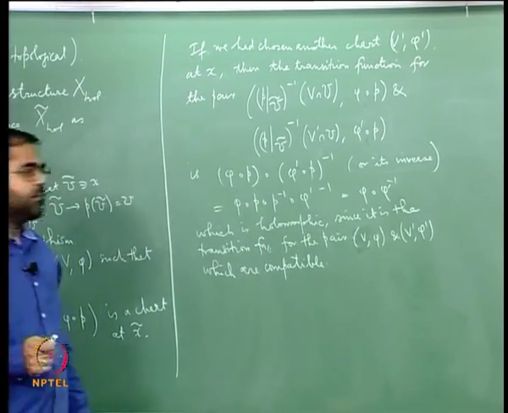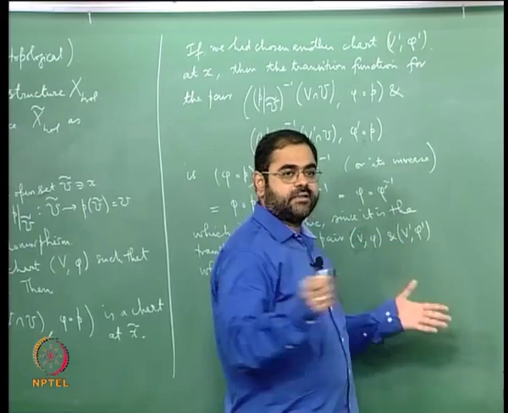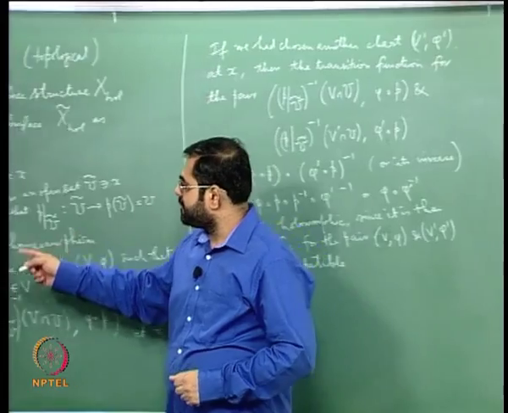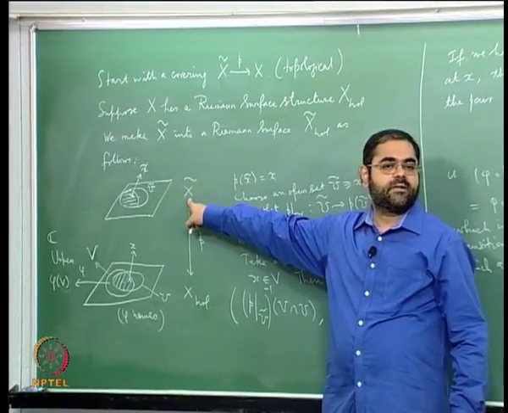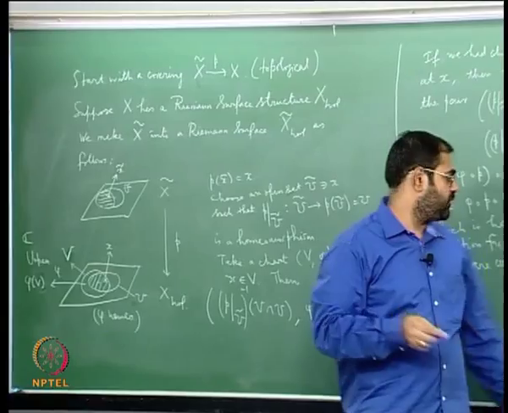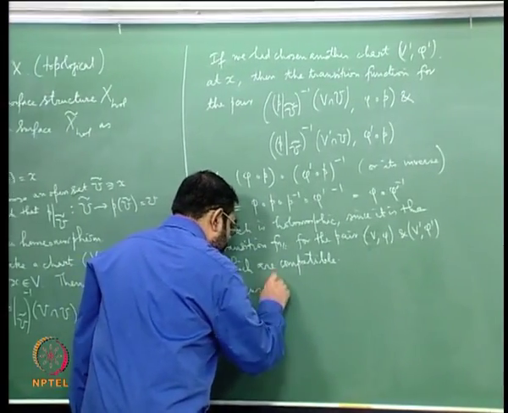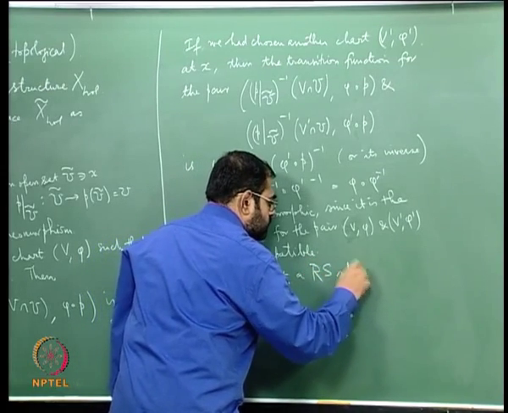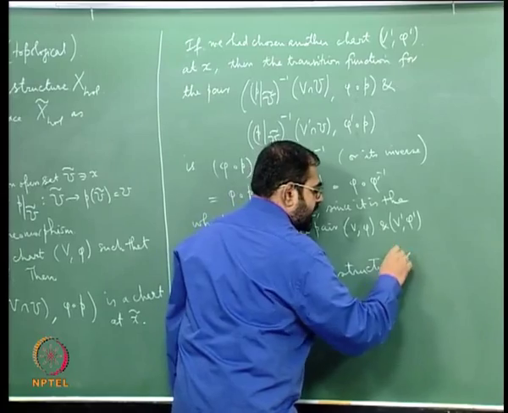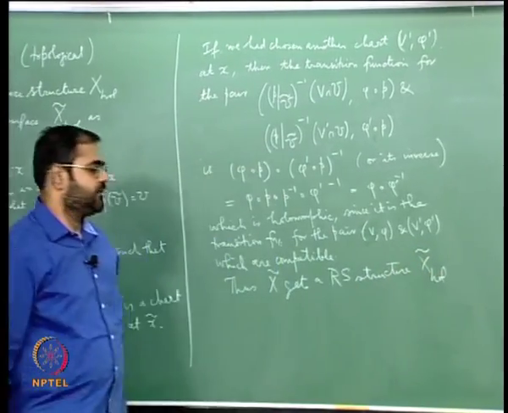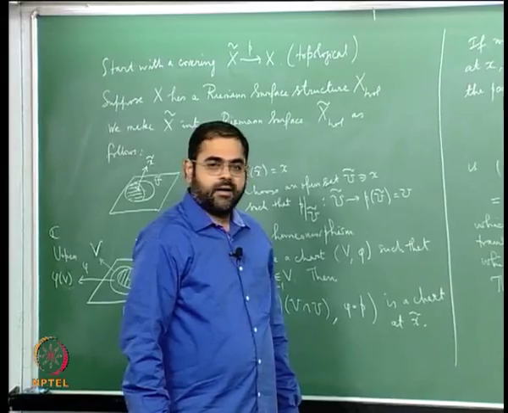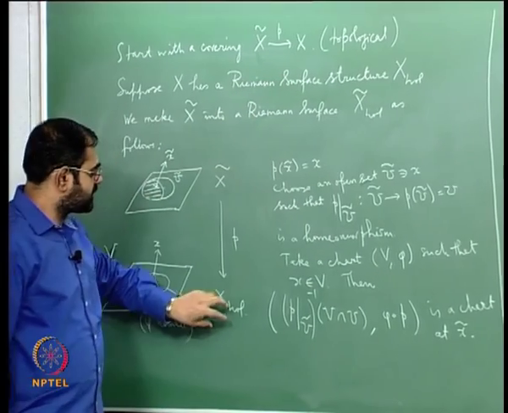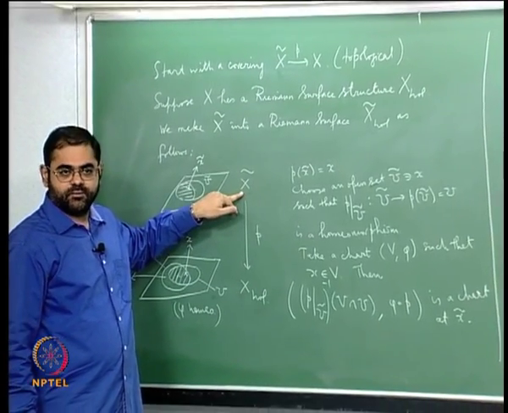Okay. So the moral of the story is that all the charts that we are going to get, they are all going to be compatible, and therefore x tilde will get a Riemann surface structure which I will call x tilde sub hole, okay. Thus x tilde gets a Riemann surface structure which I will call x tilde sub hole, okay,